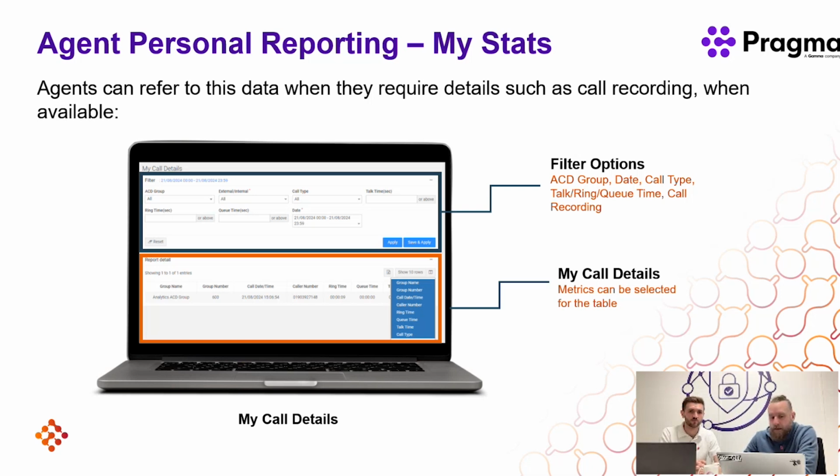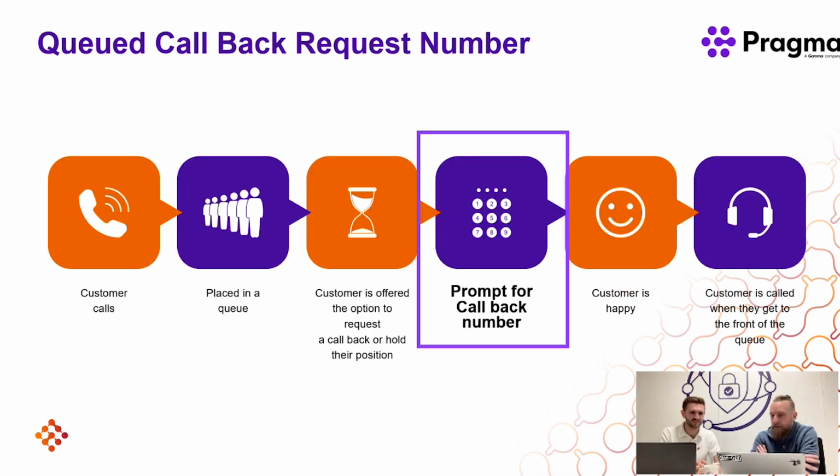And I think for me, the final feature, and probably the one that is the most exciting here, is the update to the queued callback. Yeah, really strong update. We obviously had this come in last year to the ACD platform. So as most people will be aware, we have the ability to do queue callback, but it would be on the number the user had dialed in on. So they don't have an option for that call to go elsewhere.